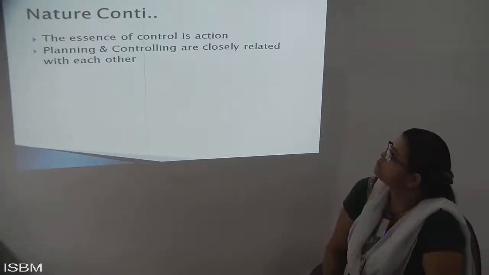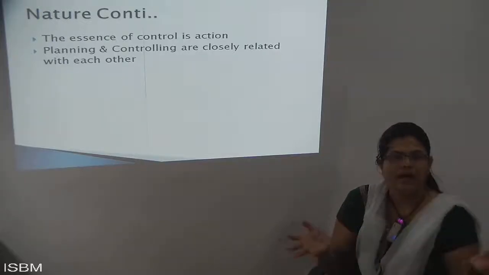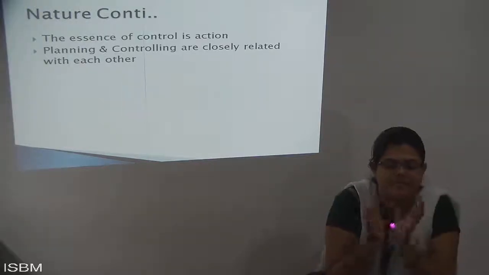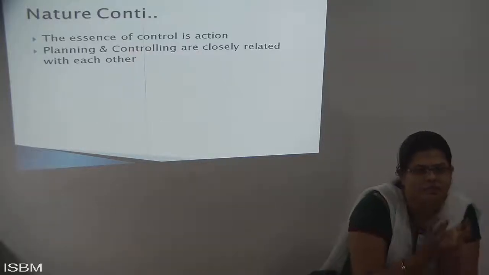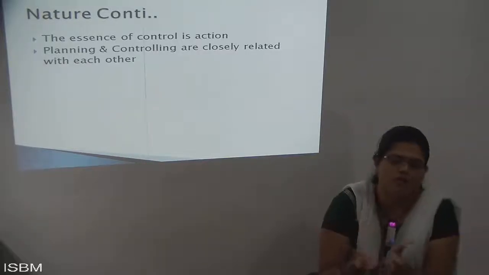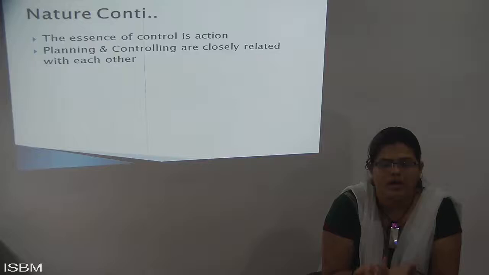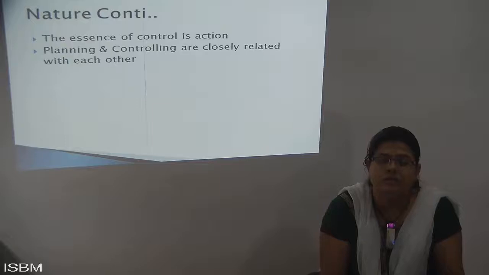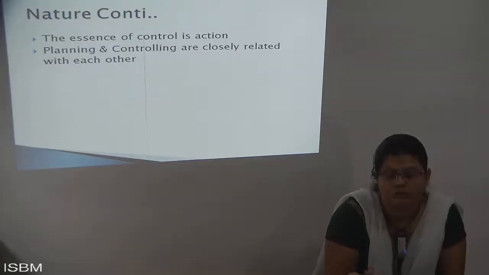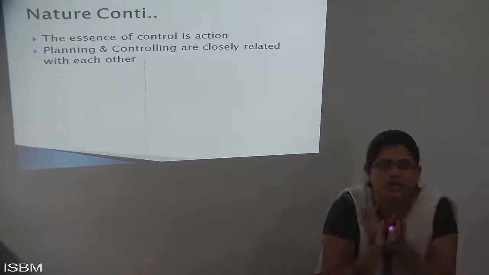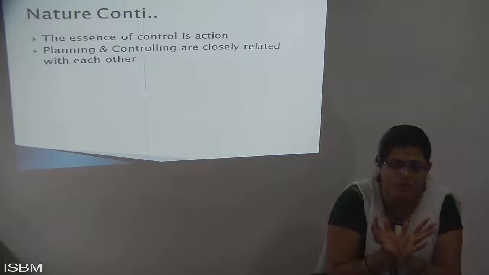Next, planning and controlling are related with each other. As we do the planning and as we control that thing, they are closely related. Once I do the planning, only then can I control. If I only do the planning and don't control, then it is a waste. Or if I control, but don't know what I should control, that is also a problem. Whatever has been planned, I need to control that. So they are closely related, a mixture of both planning and controlling.